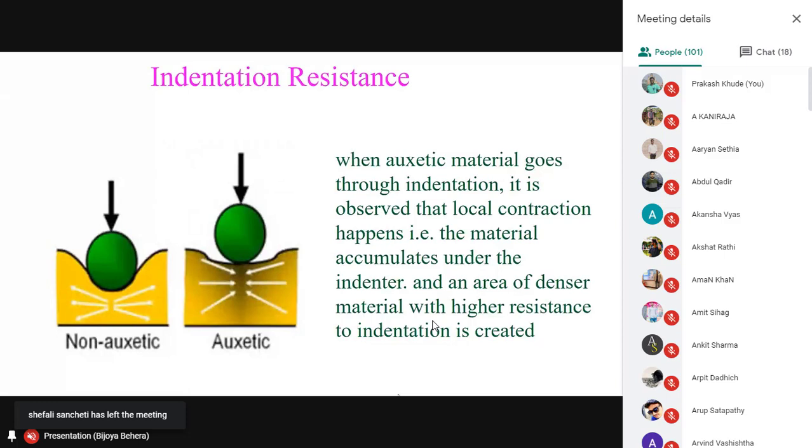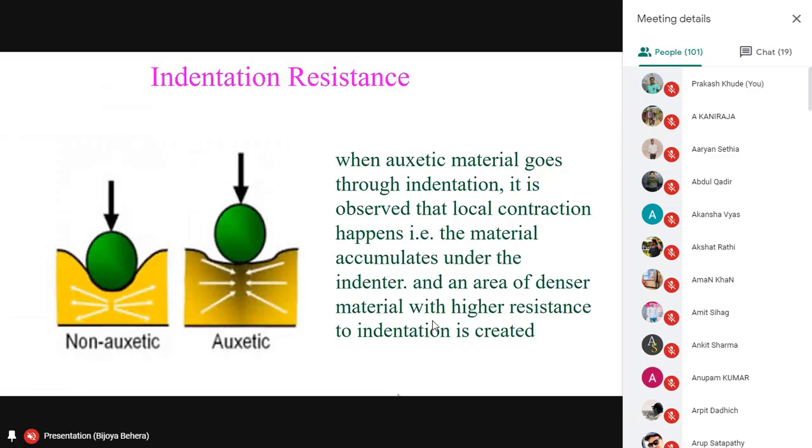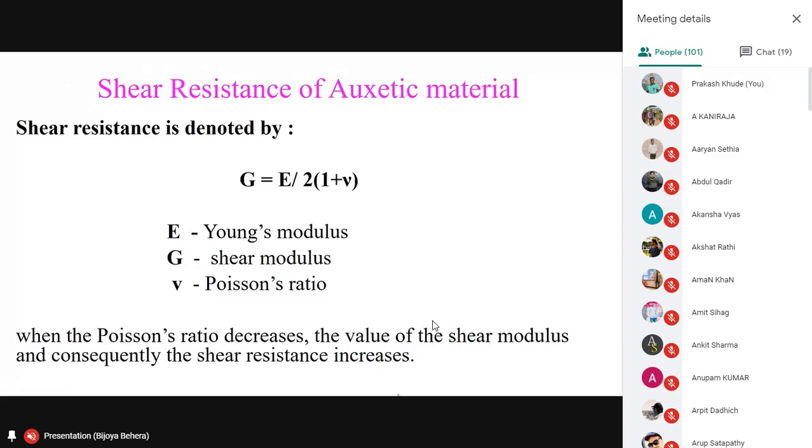And this is the characteristic of the material. This is one application. So you can understand where you can use it. Whenever there is some bombardment, whenever there is some impact, and you want to save the structure from damage, obviously, if the structure is an auxetic structure, then it can absorb more energy, and it will not indent. So this is to understand the mechanism, how it happens.